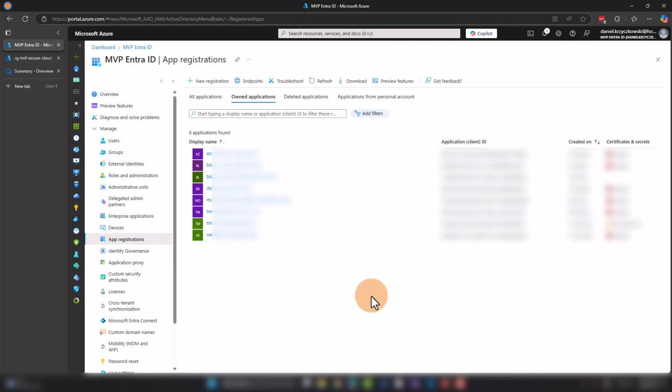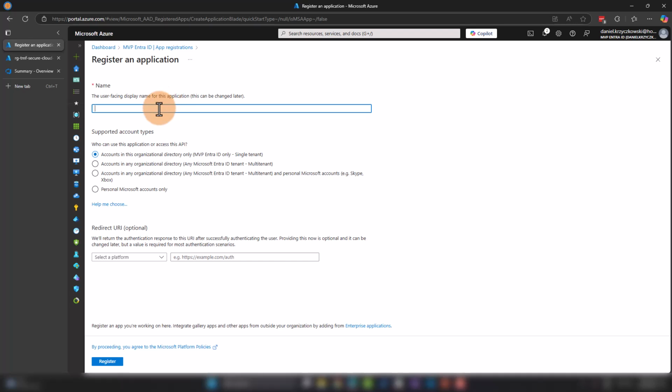Okay, so let's start in the Azure portal. As I mentioned, we have two options to configure Workload Identity Federation: using app registration or managed identity. So let me start with app registration. I'm in Microsoft Entra ID, which is used to secure my Azure resources. From the left side, I have the app registrations tab. I click new app registration, and here I can provide the name for this app registration. In this case, I will call it Secure Cloud App DevOps, and I will click the register